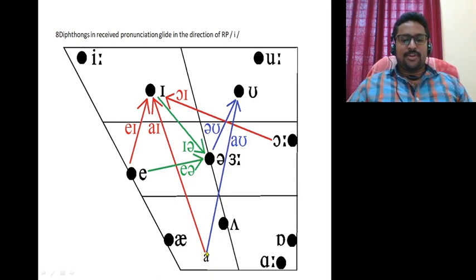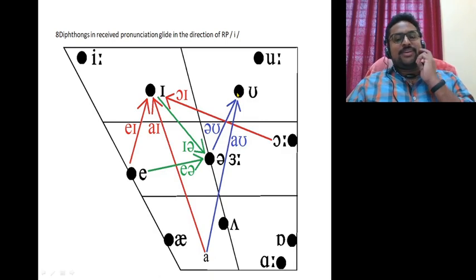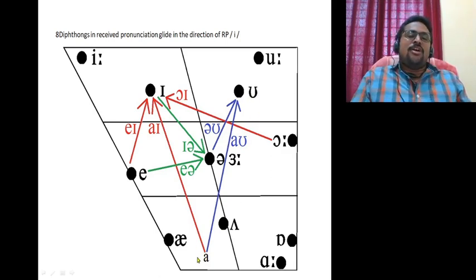Next, this one is long A and it is ending at the place of oo, back part. The sound is generating at the front vowel and it is going and ending at the place of back vowel, that is short oo. The pronunciation is generating at the place of front part, front vowel, and it is ending at the back part. The tongue is gliding from front to the back.